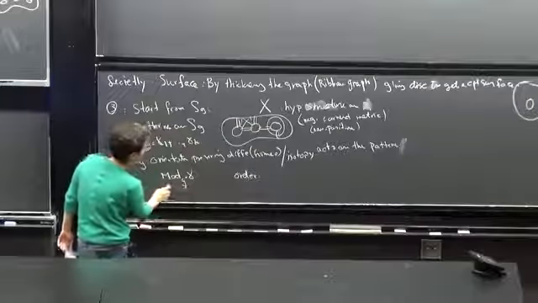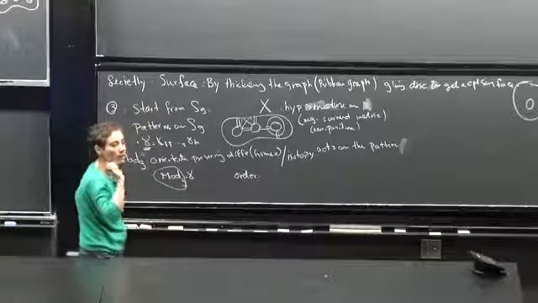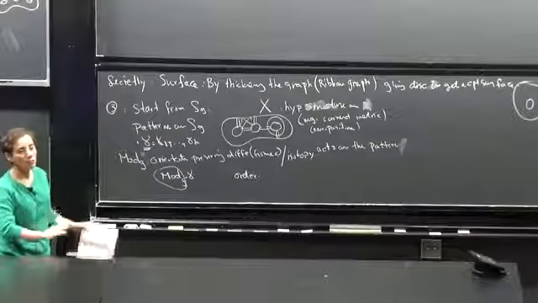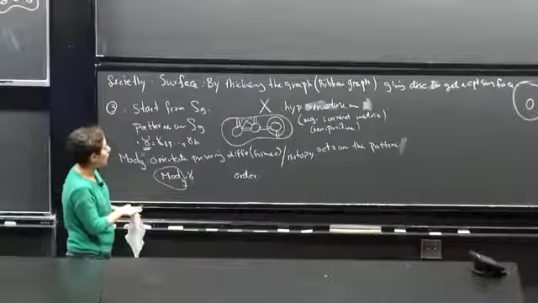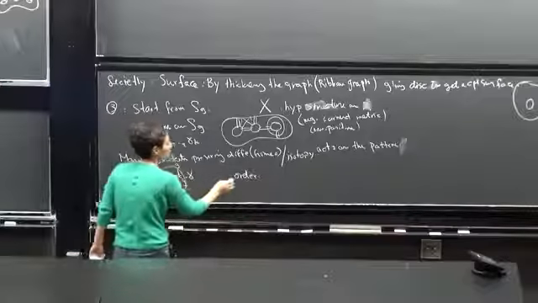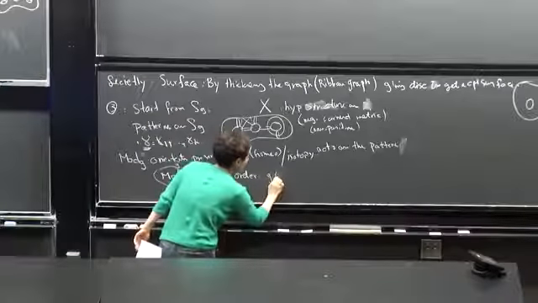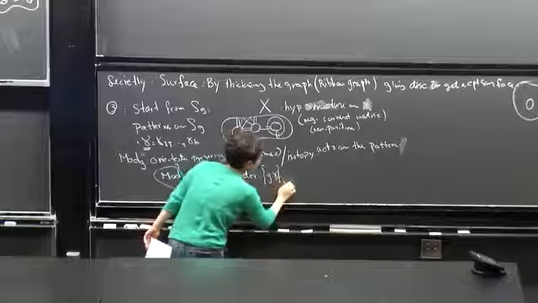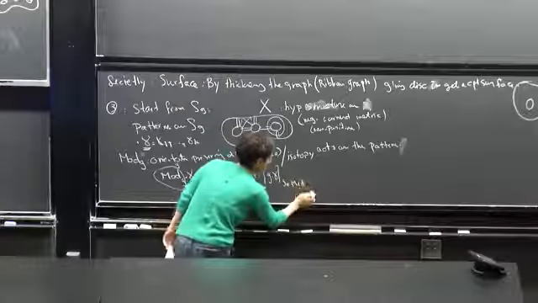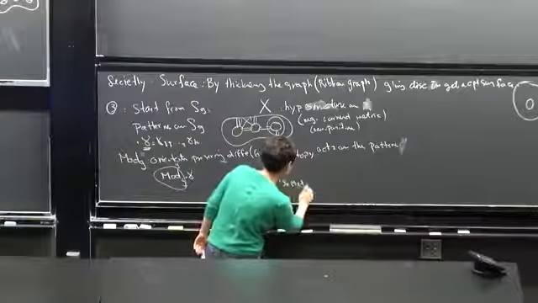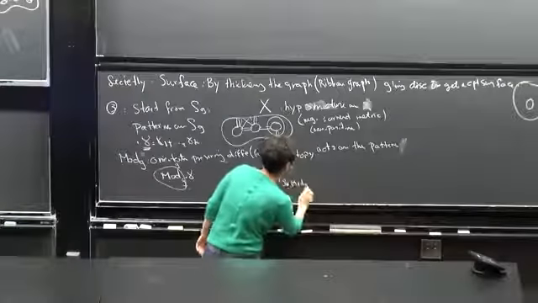An element of a mapping class group is just a diffeomorphism up to isotopy. And you can order the set of G gammas,